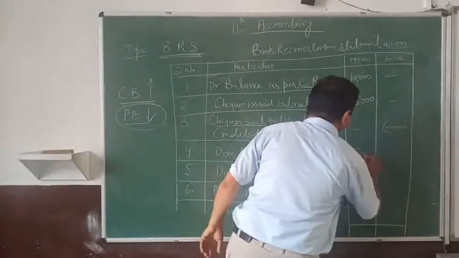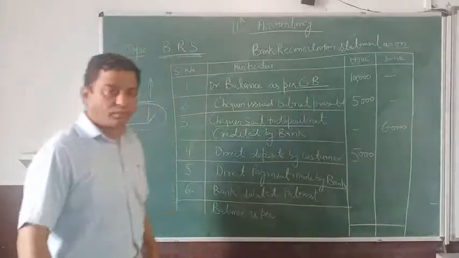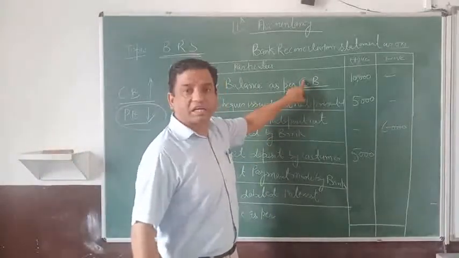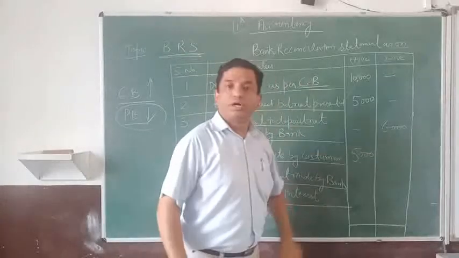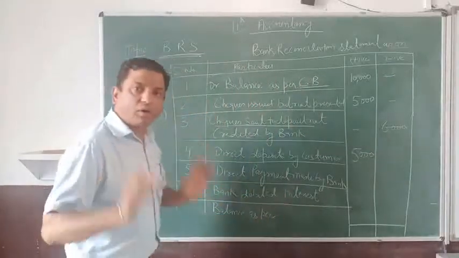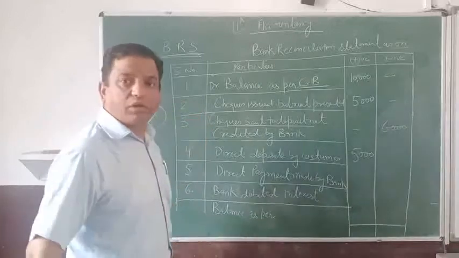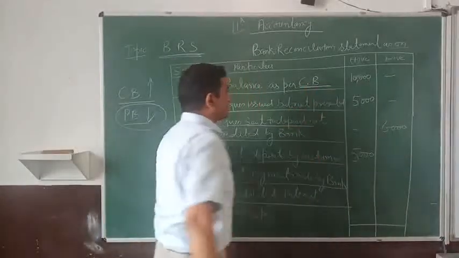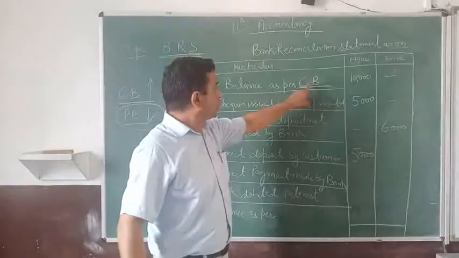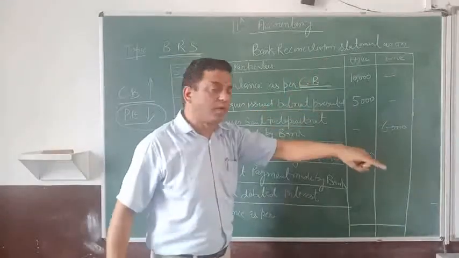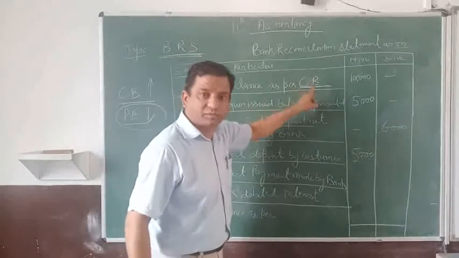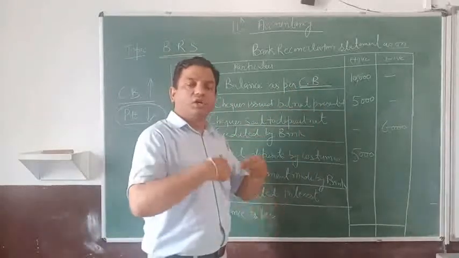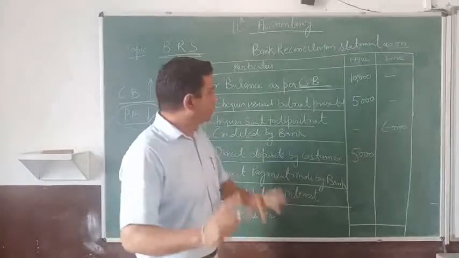Suppose it is 5,000. लेकिन अगर मेरा ये बेस कैश बुक होता, यहाँ पासबुक से स्टार्ट करते, तो हम उल्टा करते। I have already explained this thing that whenever you are starting the question with any of the balances, like you are starting with the cash book, so now you have to see the direction of the passbook, and if you are starting the question with the passbook, then you have to see the direction of the cash book. If the cash book is increased, you will increase. If the cash book is down, you will down.